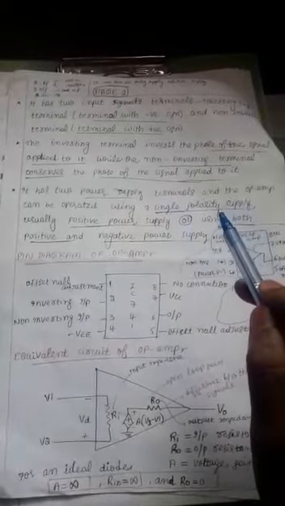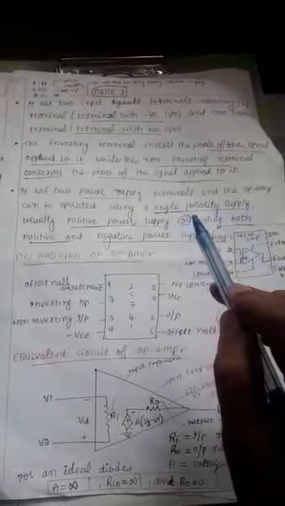So this is the sum of the theory part that I explained. The negative one is the inverting terminal and the positive one is the non-inverting terminal. If you feed input to the inverting terminal, then you will get the output in an inverted manner. If you feed input at the non-inverting terminal, the phase of the input and output will remain the same. And of course, you can operate your op amp with a single polarity supply also. I told you there are two polarities for the supply voltages, but even with a single polarity supply, usually positive, you can operate your op amp, or you can use both power supplies. One is positive, another one is negative.